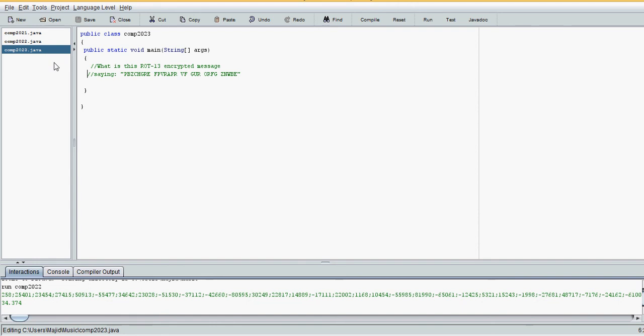And now the third question: what is the ROT13 encrypted message saying? Okay, whatever. So we just have to write an algorithm that encrypts this message. So first of all, we need to store this message in a string. So String, we'll call it S,